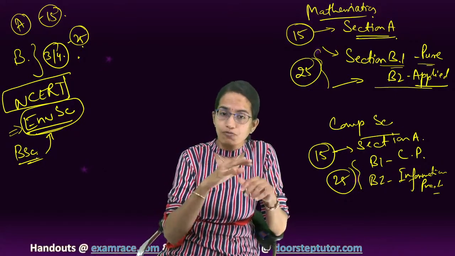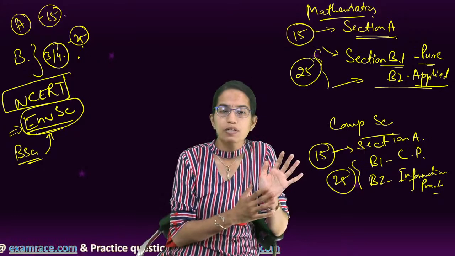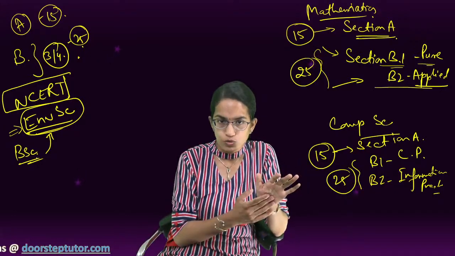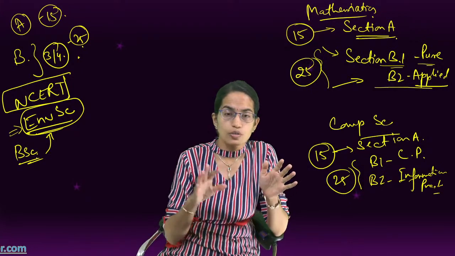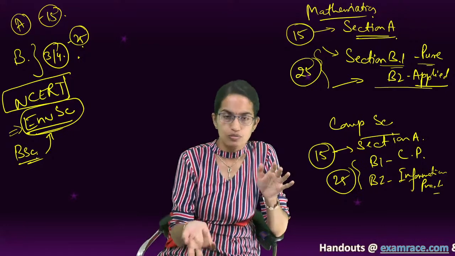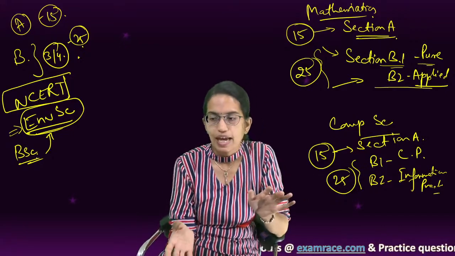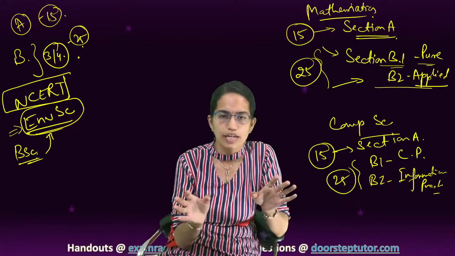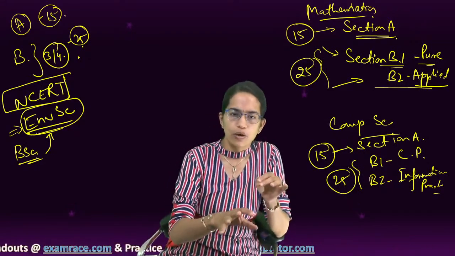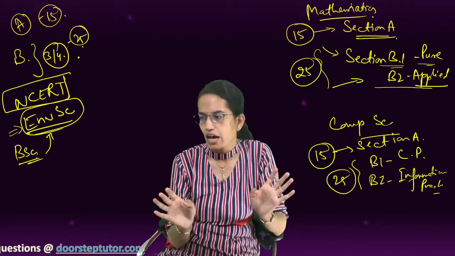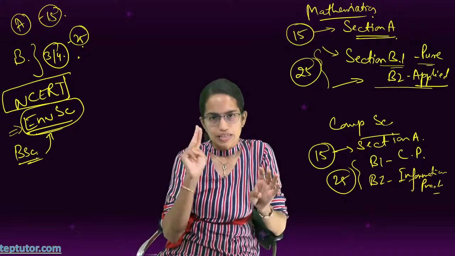Once you are done with it, you would be marking your preference during the form process. Now let's say in the first round you marked 5 preferences, but the cutoff went higher and you were not able to get any of those preferences. So you would be called for the second round of counseling and then the third round of counseling. Delhi University, let's say, has said that there would be 3 rounds of counseling, and the third round would be a spot round. That means on the spot you would be allotted. Let's say you want this department, seats are vacant, you get into this department, and that's how the process would be. So there would be 3 rounds of counseling.